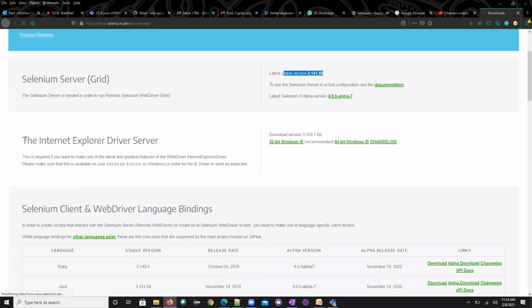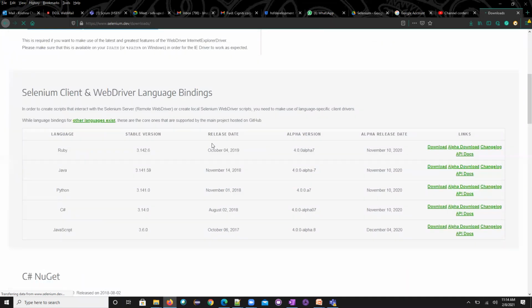And if you want to get the IE drivers, guys, to work with Selenium we should use the drivers concept. What are these drivers? I'll explain when I explain the WebDriver architecture. Now I told you Selenium supports multiple languages. Previously we had 7 languages; now I think it supports only 5 languages.